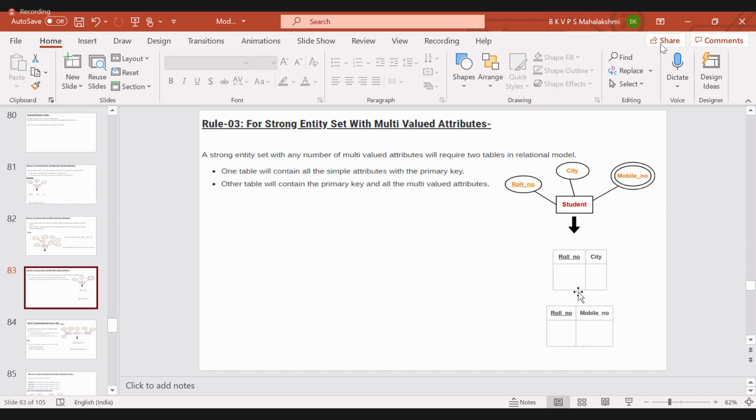So how you divide the one particular entity into two is, then we have to relate the two tables. How can we relate them? With the help of the primary attribute: the two tables have the same primary key. In this way, we have to divide this and take two tables. Understand? Any doubts? No, ma'am.